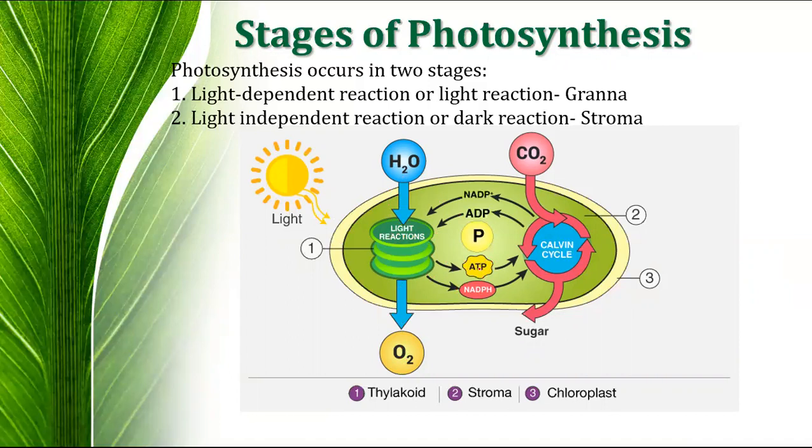Now this ATP and NADPH get inserted into the stroma, and the dark cycle is formed. In the dark cycle, the Calvin cycle, a sugar molecule is formed. And again this ATP and NADPH2 get converted into ADP and NADP, and they get absorbed by the thylakoid membrane at the time of the light reaction.